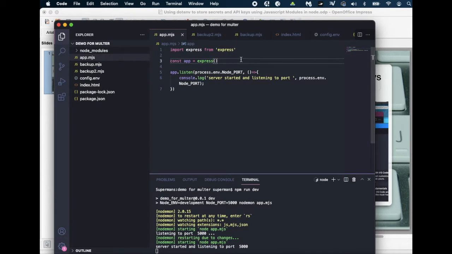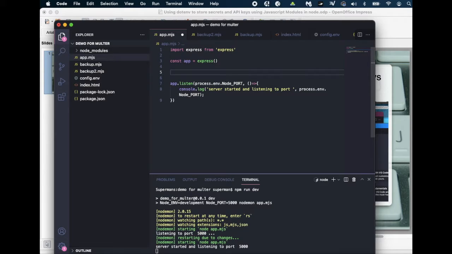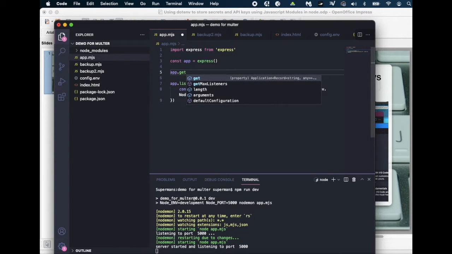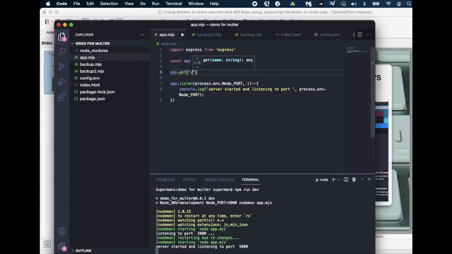So once we have the server running, let's create a route. And we're going to create a route on a get route. So we're going to say app.get. So that is going to listen to get requests. And we're going to define this route as test. Okay? And for now, we are not going to do anything else, except this has a callback function also,